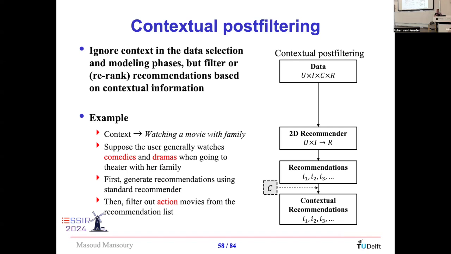And then after that, so far it is the regular process in recommendation. Then before delivering the recommendation to the users, we do a post-processing or re-ranking based on the contextual information. For example, if the context is watching a movie with family, and we assume that the user is interested in watching comedy and drama with this context, like theater with the family, the same context, then after